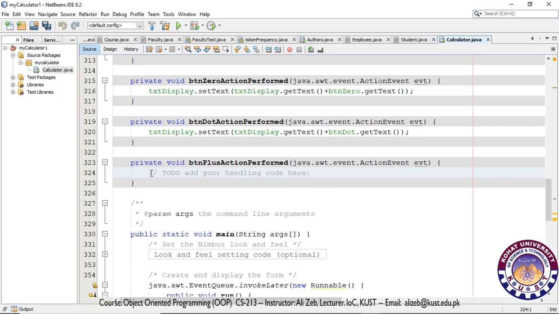And what I want to do is when I click on the plus button, whatever number is there in the txt display text field should be stored in my variable, so that I'm able to perform the operation on this variable is equal to,